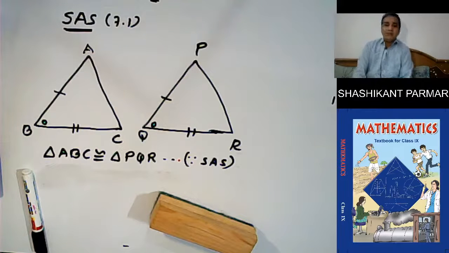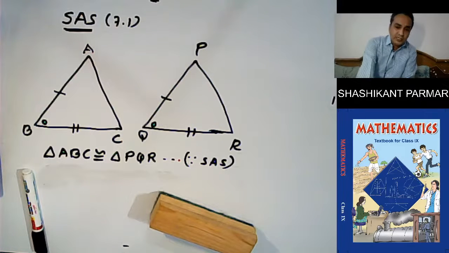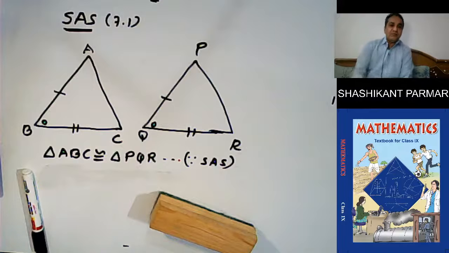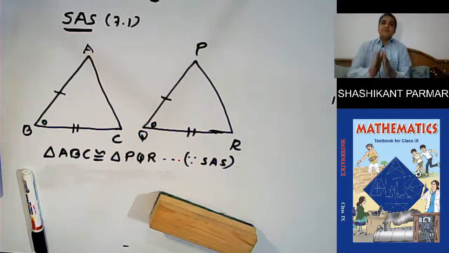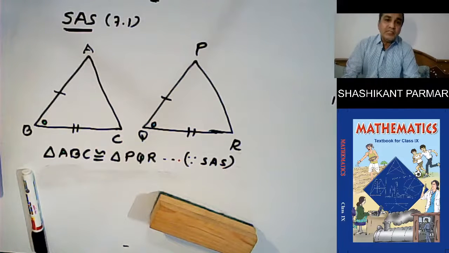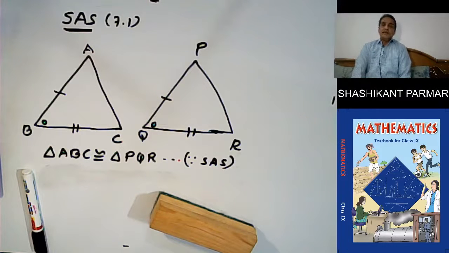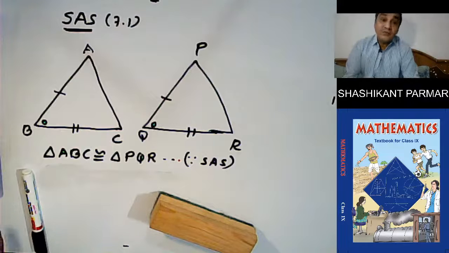So you have verified this criterion in earlier classes, but let us state and prove this result. Students, this is a very important theorem. Since this result can be proved, it is called a theorem, and to prove it we use the SAS axiom for congruence. Let me again repeat, students, this theorem is very important for your exam purposes also. So theorem 7.1, the ASA congruence rule. Angle side angle.